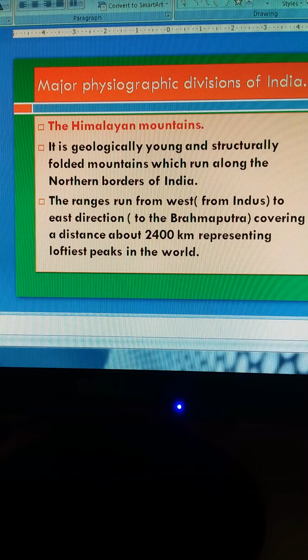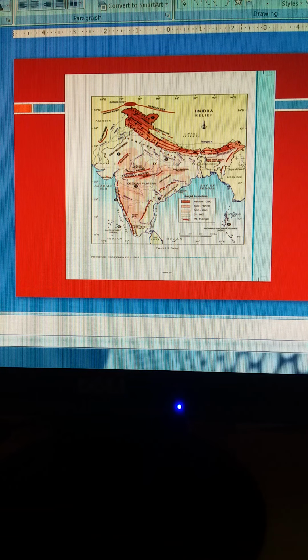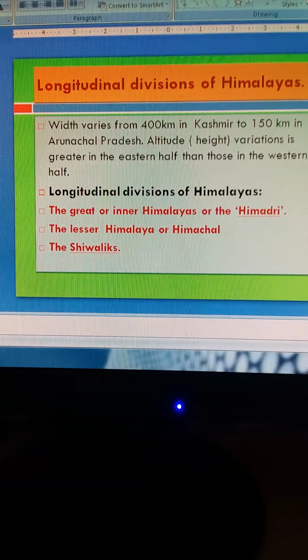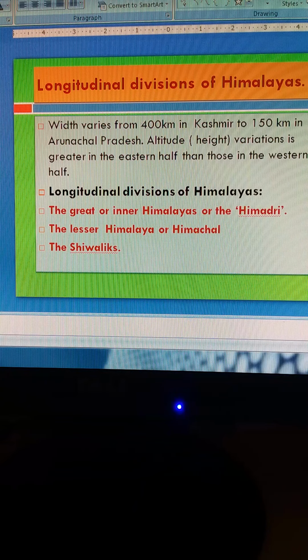Let us see the next slide. It's a picture. You can see the Himalayas that is given. It shows where it is placed, in the north to northwest, continuously running. Once you move into these ranges, they have beautiful scenic beauty, with the ice and high tall mountains covered with snow.